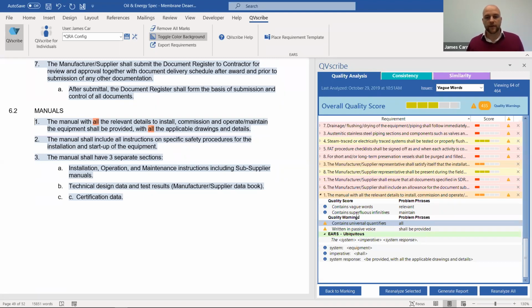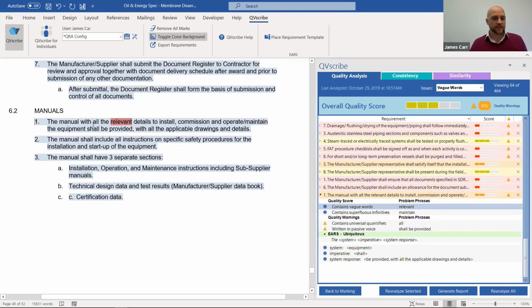And then going up here to what actually did affect the score is the use of these vague words. So the first one is the word relevant. If I select it here, it shows me in context where that word was used, and I can hover over it and get feedback on what needs to be done with that. But you'll see here, the manual with all relevant details to install and commission operate the machine. Recognize that when you're using vague language like this, it's not actually adding any value. So if I were to remove the word relevant,